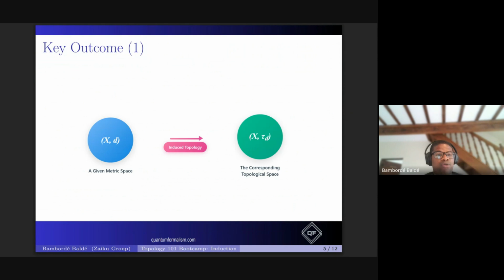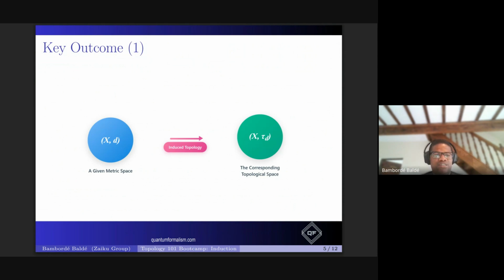One of the key outcomes is for you to be in a position of solid understanding of metric spaces, so that when we give you a metric space, you are able to construct the corresponding topological space. You will learn that every metric space has an underlying topology.